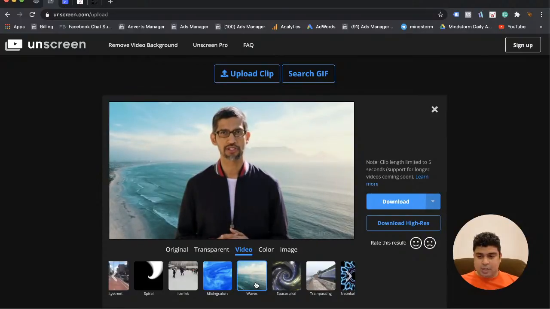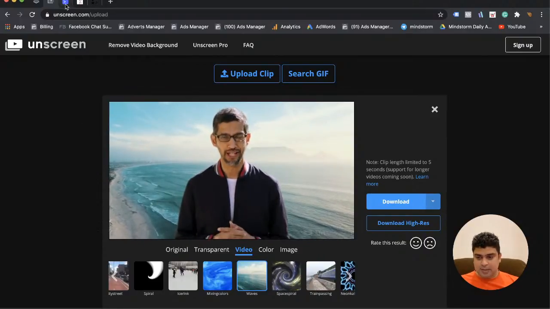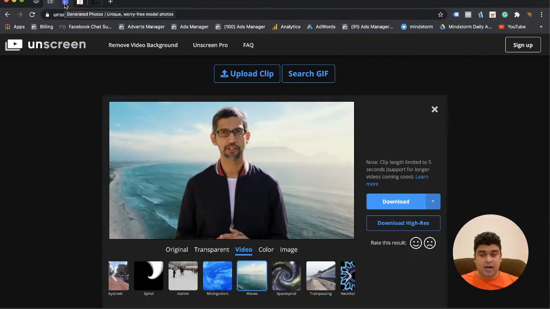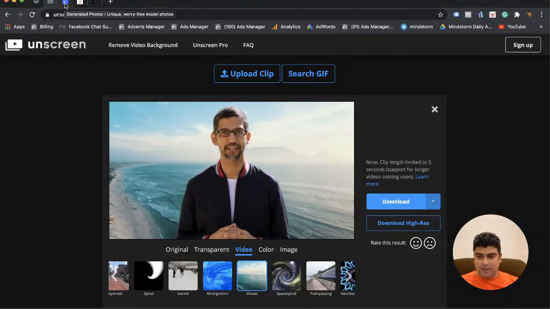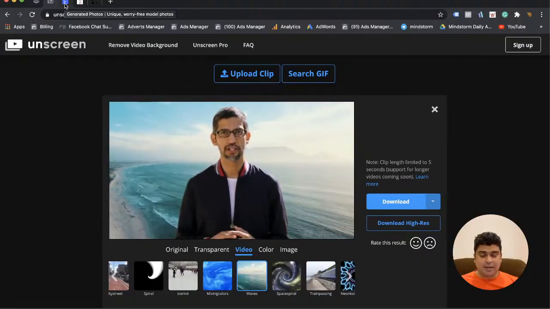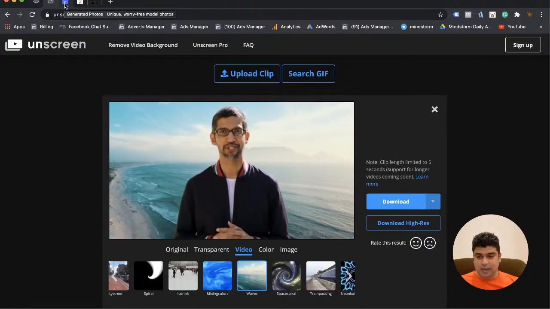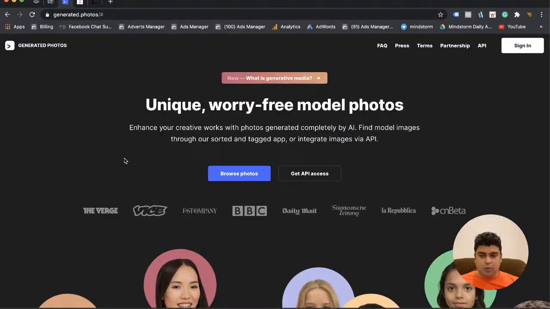So let's look at some other interesting tools as well. There are some mind-blowing tools as part of the 345 platform. So let's have a look at one of the creepiest tools that are out there when it comes to AI. What you see over here is generated.photos, and none of these